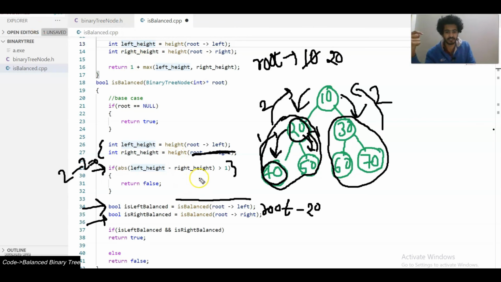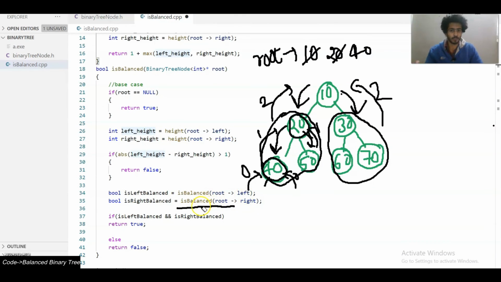Then we check this condition which does not meet because 1 minus 1 equals 0, which is less than 1. Again it's going to check its left subtree. Again it's going to do the same amount of work which it has been doing for 10 as well as for 20. Now root becomes null because 40 tried to call on its left child, which is basically null. So when root becomes null, and we have written this condition, if root is null, we return true. So from this side it gets true. Then it checks its right subtree, which again returns true.